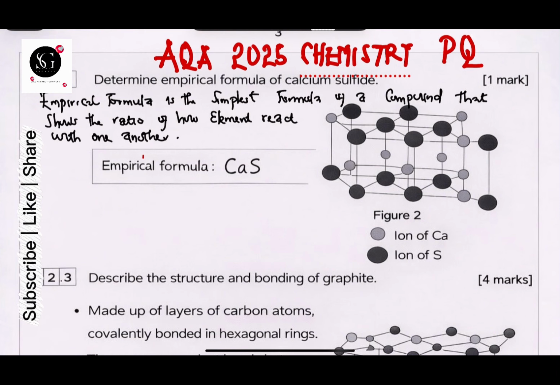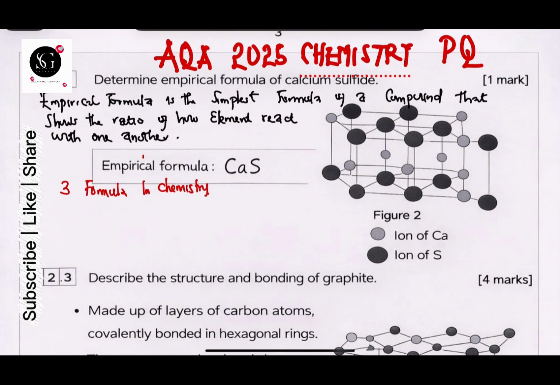So we'll move to question 2. The question is: determine the empirical formula of calcium sulfate. First, one of the things we need to understand is what an empirical formula is. So, what is empirical formula? Empirical formula is the simplest formula of a compound that shows the ratio of how an element reacts with one another. We have three formulas in chemistry,